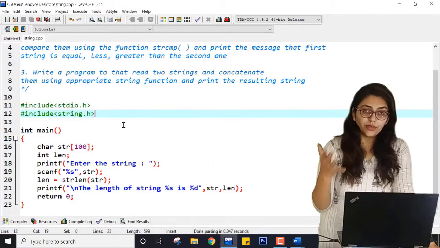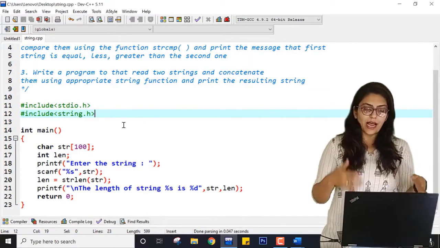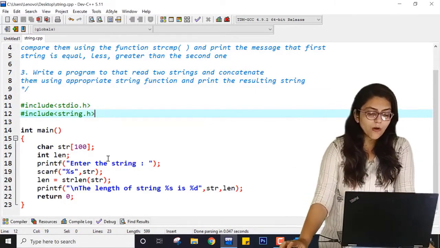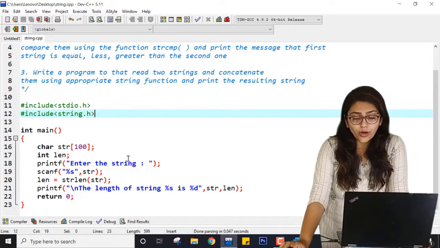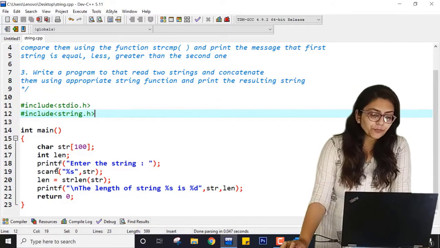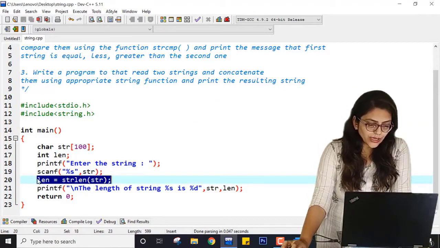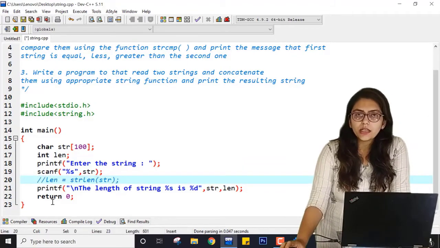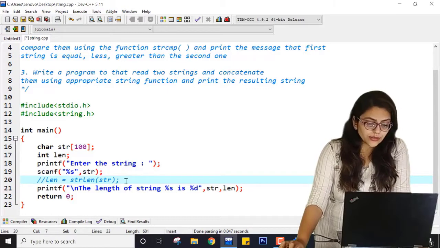But even after explaining this in the default functions, why am I explaining it now? Because I want you to know how you can perform this program even without using strlen. So suppose I don't want to use this, so let me comment it. I want to find the length of the string even without using this.